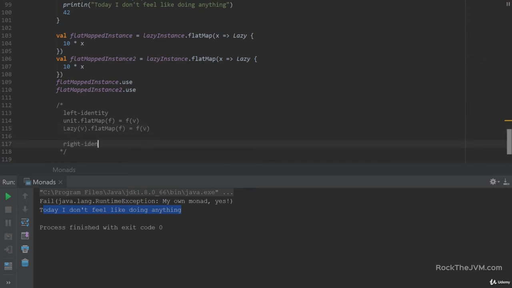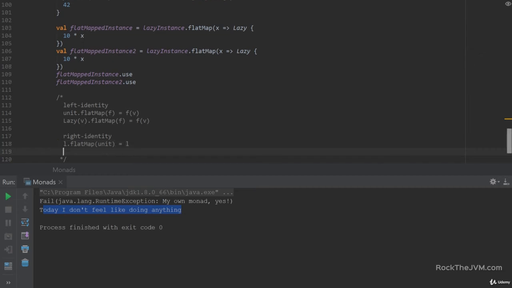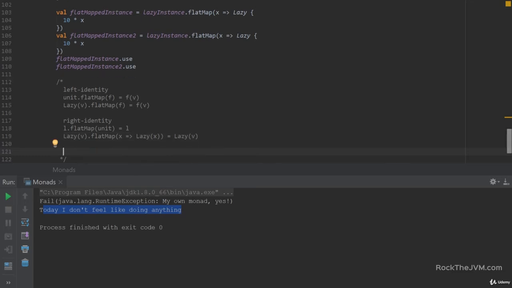Right identity says that if I have a lazy value, flatmap unit, then that should give me the same lazy value. Well, lazy with some value, flatmap x to lazy x, well, it just applies the function to the internal value, which is lazy v by definition. All right, so left identity and right identity are super easy. Now with the flat maps, we have the associativity law,